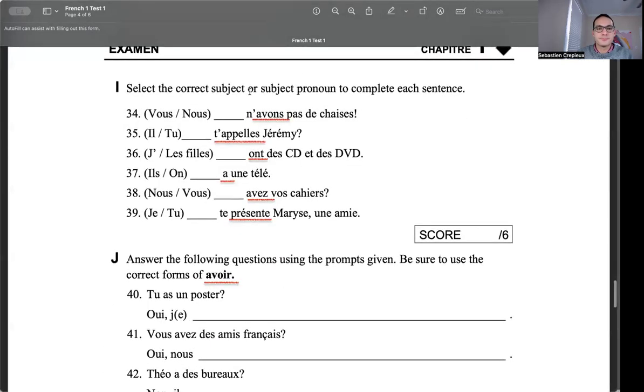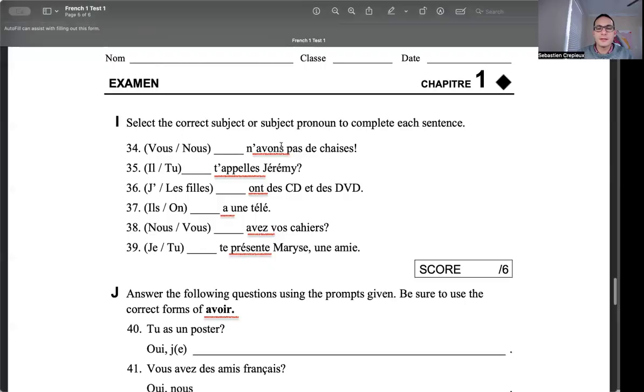Okay? Then what do we have? We're going to have grammar. You need to complete the sentence with the proper subject pronoun: I, you, he, she, we, you, they. Except that it's going to be in French. We did that in the second part of the grammar in chapter 1. So when we have a verb ending in ONS, what do we pick? Do we pick vous or nous? When it's ES, what do I pick? When it's ONT, do I pick je, which is I, or do I pick les filles, which is they? Make sure that the ending of the verb is matching the subject, okay?